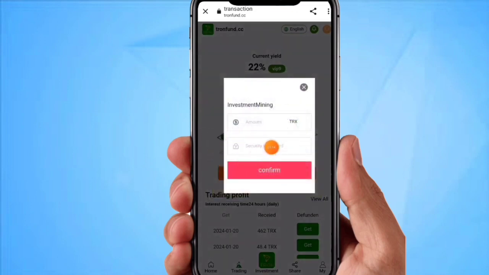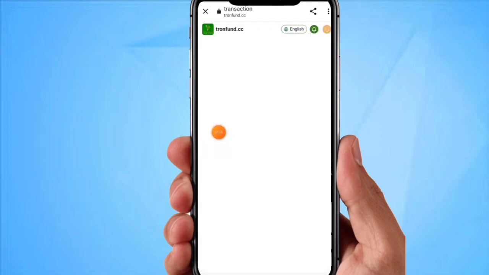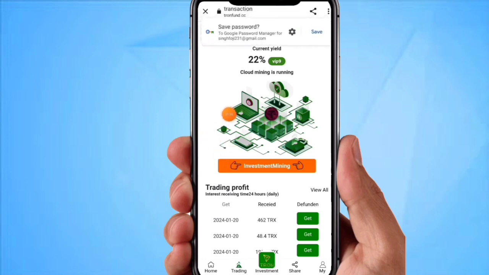I will get it daily at Singapore time, after 20:21:58. Then click on the invest option. After clicking the invest option, you can see VIP1 deposit quantity 10 TRX to 3200 and daily income 8%, and VIP2, VIP3, VIP4. You can see all details of this platform. You can read. If you invest more money, then you will get a higher percentage of commission. For VIP10 you can see you will get 35% commission.